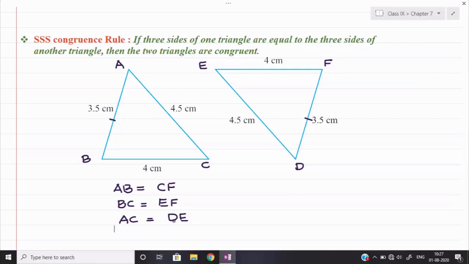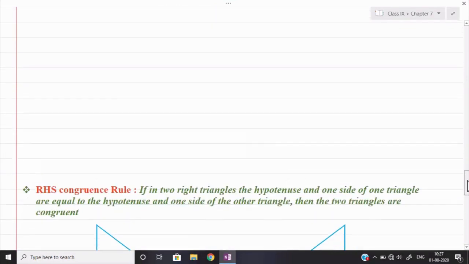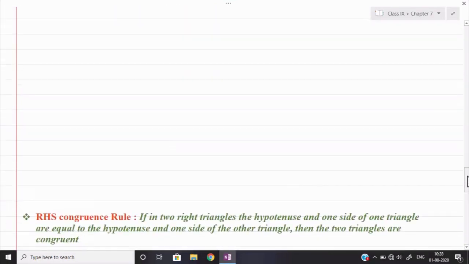So if these three corresponding sides are given equal, then with the help of the side congruency rule, we can say that the triangles will be congruent. So in this theorem, there is no scope for much more explanation. We can simply say that the three pairs of corresponding sides should be equal. No angle is required to be equal, including this one. Now similarly, we can discuss the second last theorem of this topic, that is the right hypotenuse side theorem.